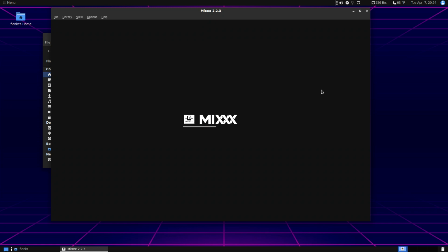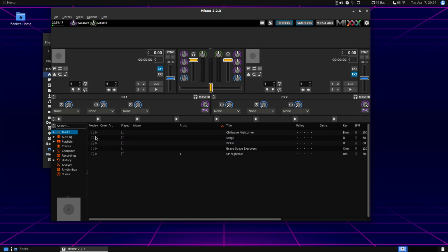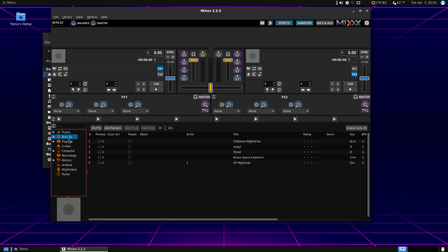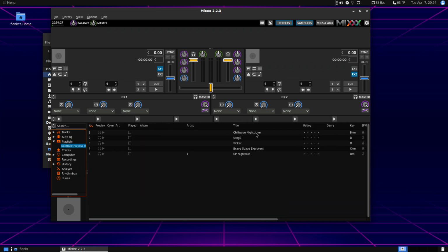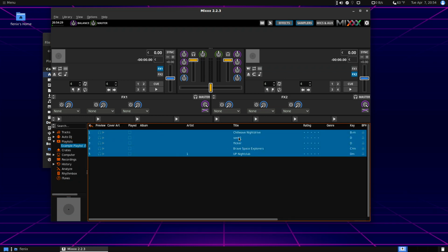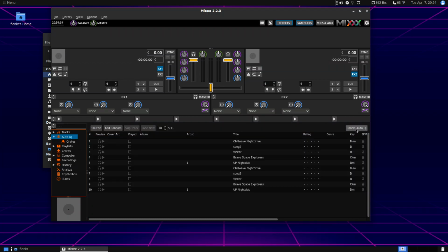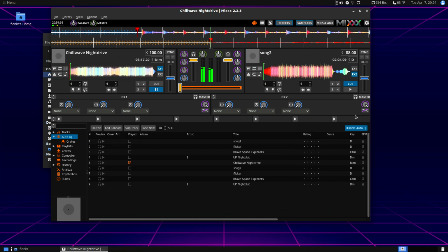I am not a DJ. I do not know what half the knobs and buttons do, but Mix has some really interesting functionality in that it has an auto DJ system. And so you can take a playlist. I've just made an example with some Creative Commons music. You drag it to the auto DJ, you go in there and you press enable. It's a little bit loud. You press enable auto DJ, and then